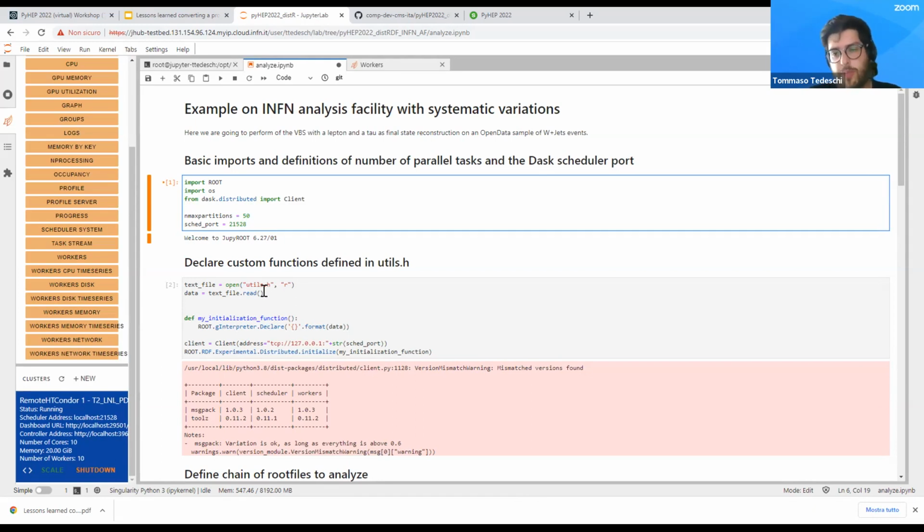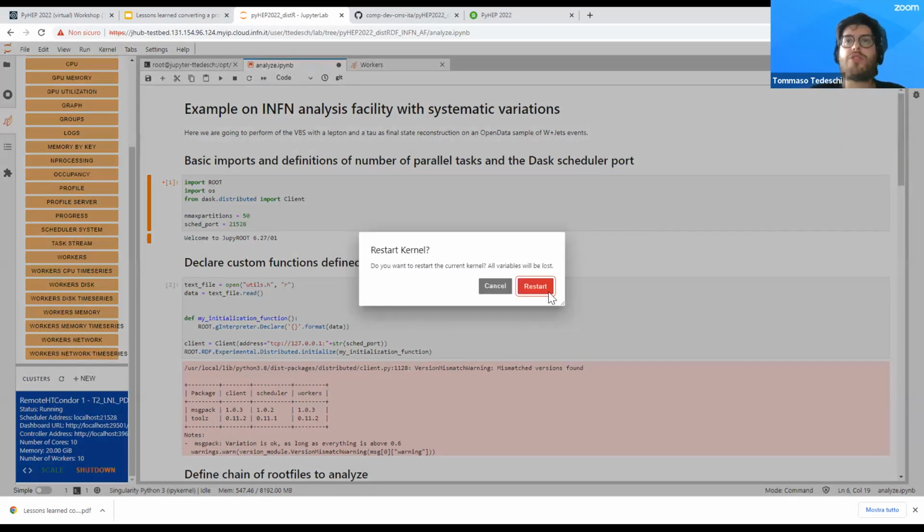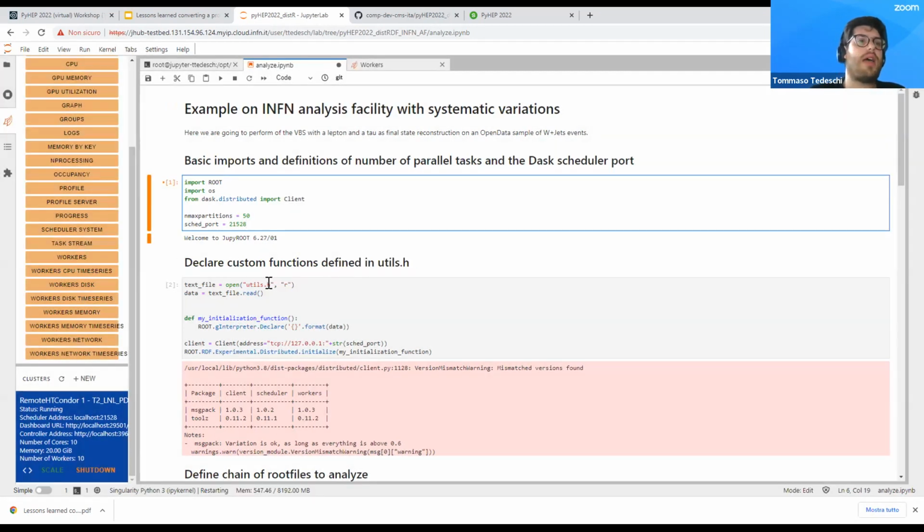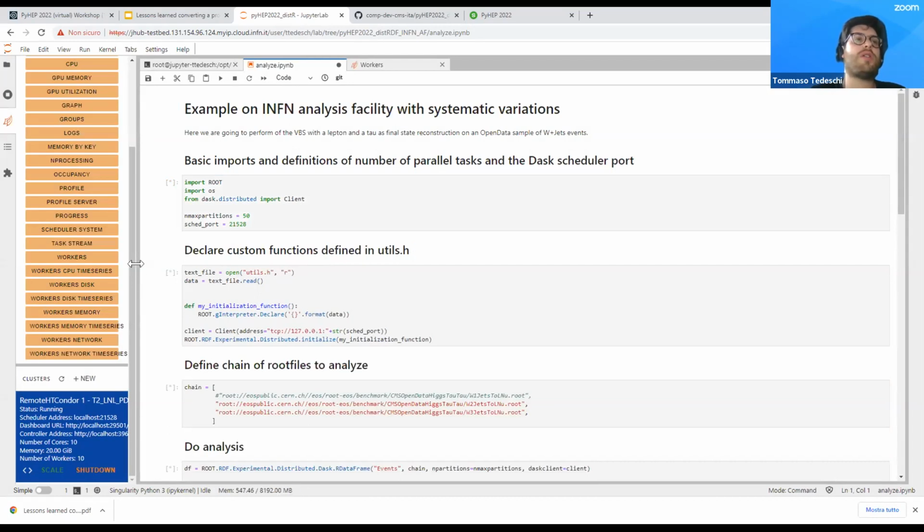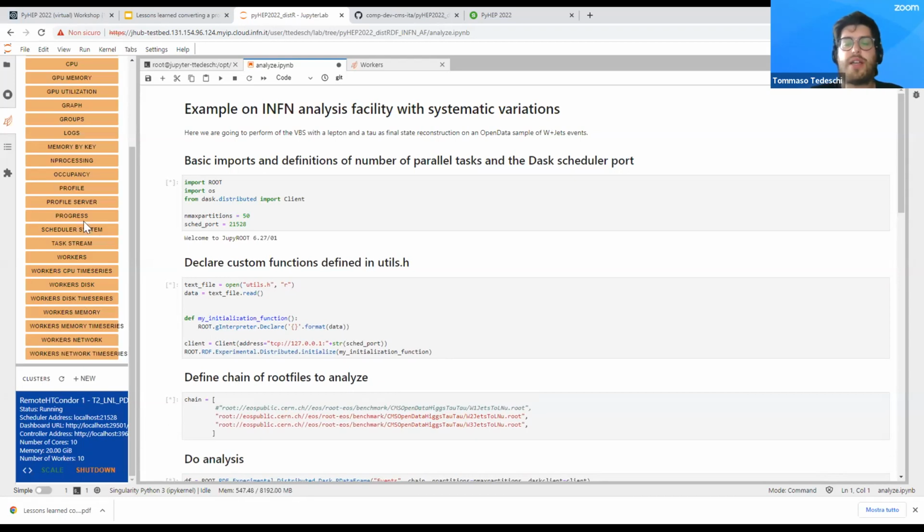A good practice is to choose 3 to 5 times the number of workers that you have. So in this case, 50 is a good choice. So we launch the execution,